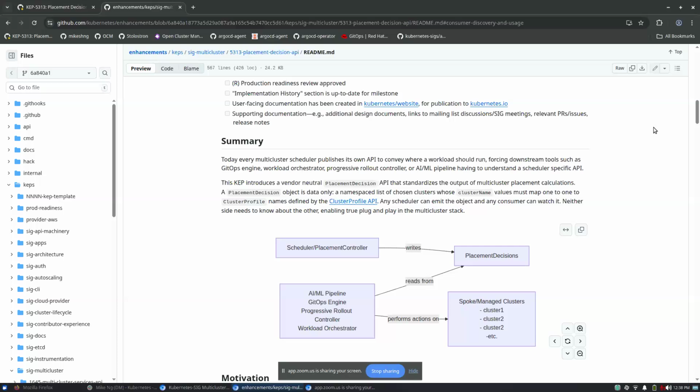Let's look at this diagram on screen. The placement controller writes a decision, but what is the decision? What does it reflect? What work is being placed? And without that, don't the various consumers that read the placement decision have to already be integrated into the non-standardized APIs of the scheduler to know what that decision actually means?